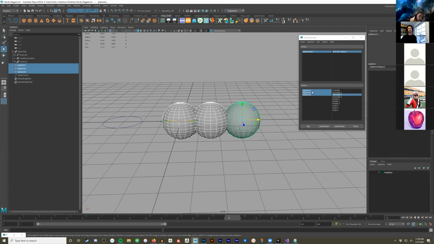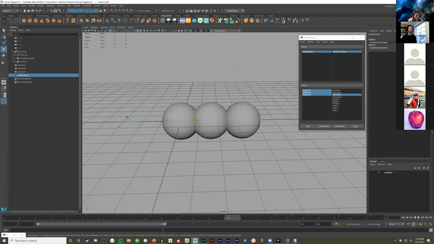So if I select all 3 spheres and then translate Y, what happens when I hit key is that anytime this control is at 0, these spheres will be at their Y position, whatever they currently are, which is 0. You can see this little blue tick mark. If I select each one of the spheres, it indicates that there's a set driven key now on that